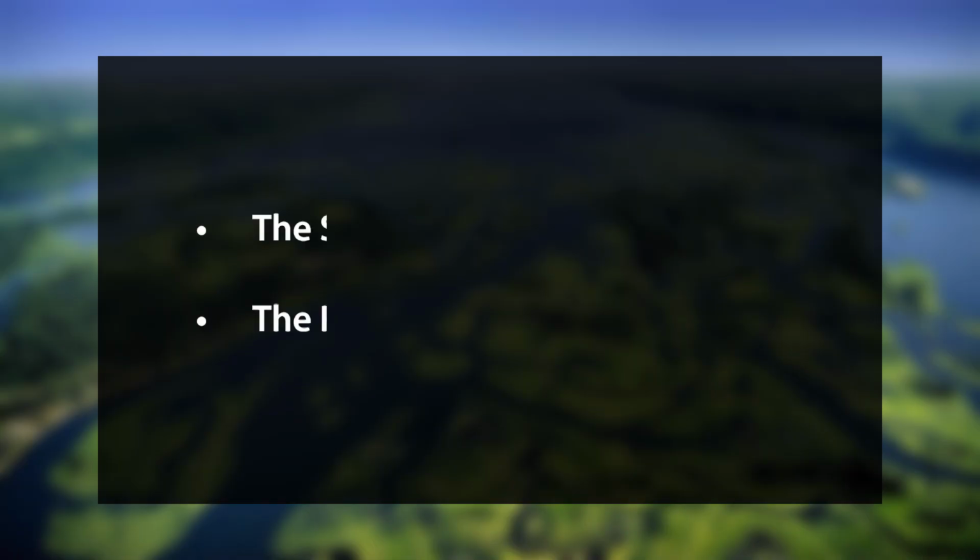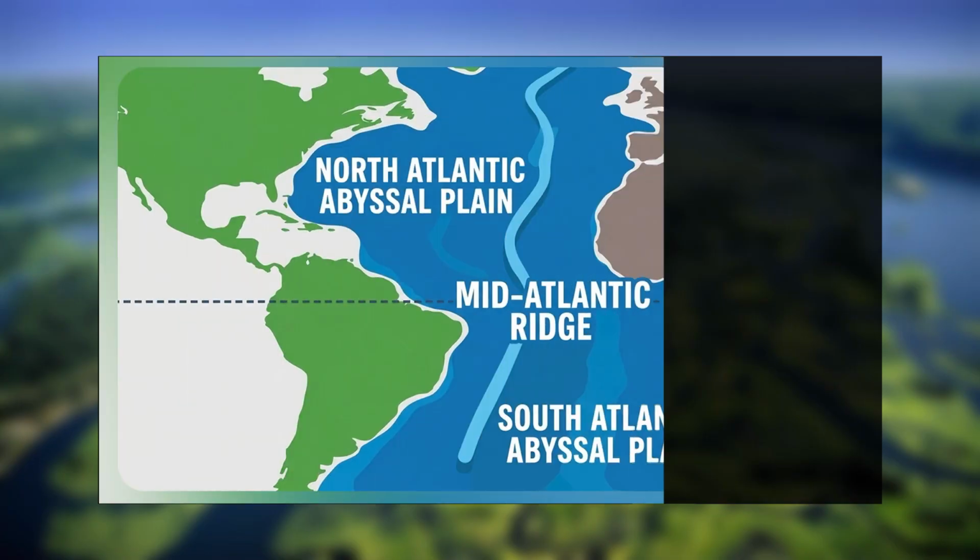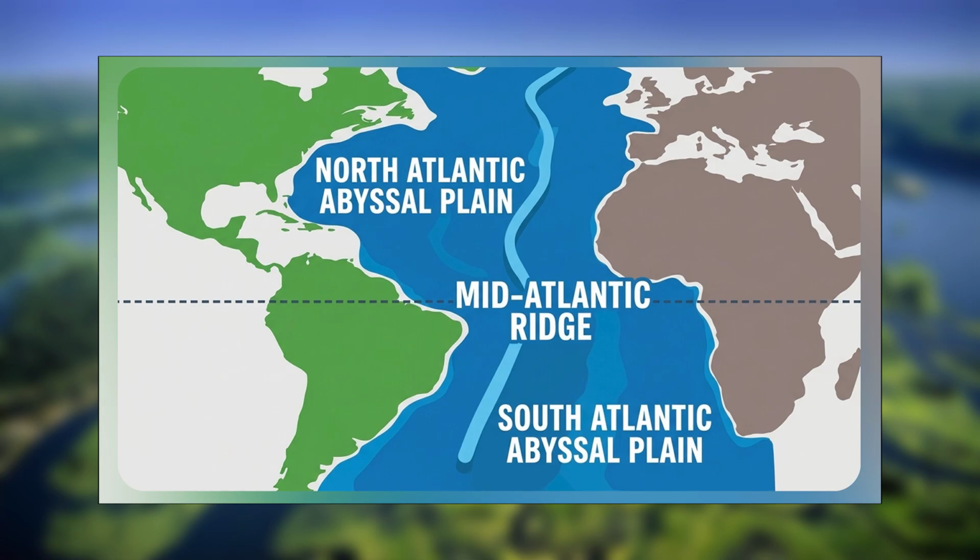Near 50 degrees north, a significant branch, the Newfoundland Rise, extends northwest towards the Newfoundland margin. South of 40 degrees north, the Azores Rise bifurcates and extends towards the Azores Islands. Near the equator, the ridge sends off two branches, the Sierra Leone Ridge northeast and the Para Rise northwest. A smaller Guiana Rise extends northwards towards the Guiana coast. Near 40 degrees south, two major features emerge. The Walvis Ridge, extending northeast to the African continental shelf, and the Rio Grande Rise, extending towards the South American